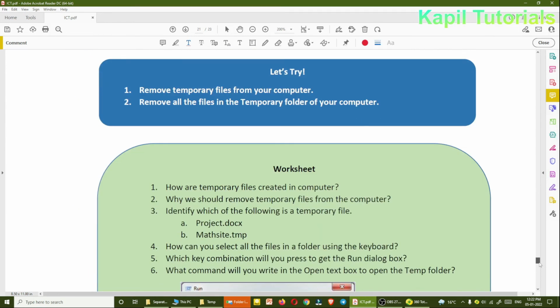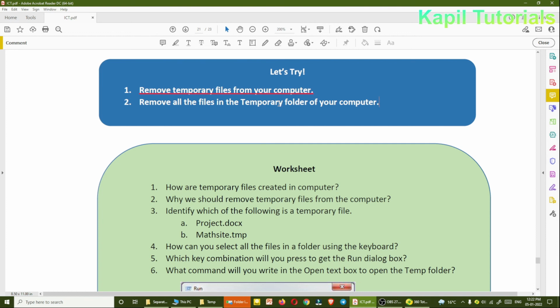Now let's try removing temporary files from your computer. That process I have already told you. Remove all the files in the temporary folder on the computer. It is the same kind of question that I have explained already.